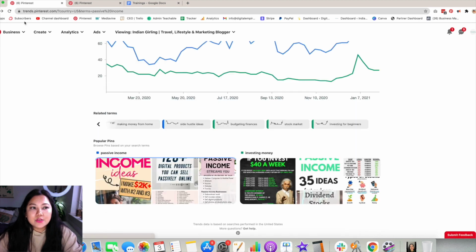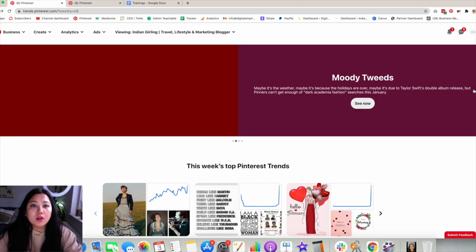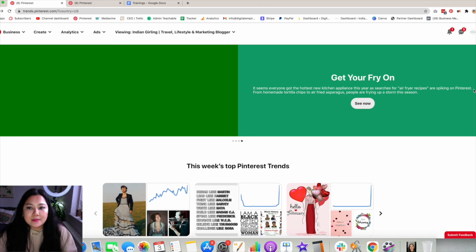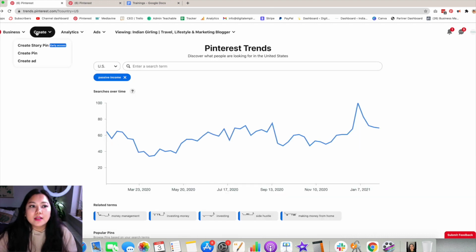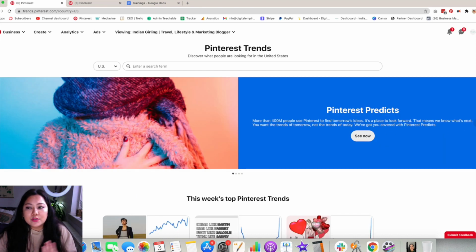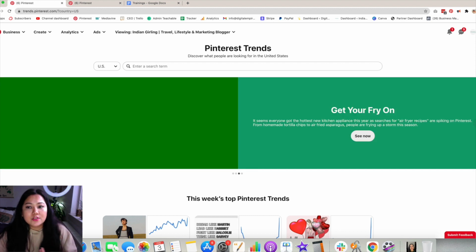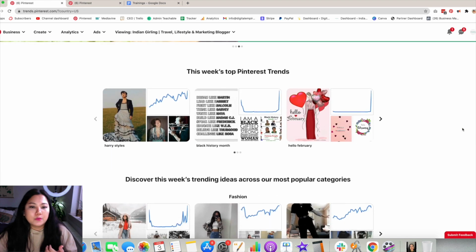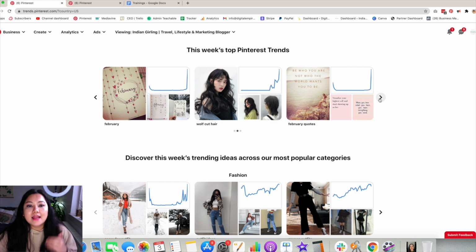Now, when you go back to the trends tool, what's really interesting as well is the fact that you can also see what are the ongoing trends on a weekly and on a monthly basis. So you can see what are people in a larger context searching for when it comes to Pinterest. So you can see there are trends around Pinterest Predicts, that is a news article from Pinterest. There are trends around Bridgerton, which is a Netflix show, not surprising, and then trends around food, etc. You can also look around and see what is trending that particular week, which is again an excellent way for you to understand what you should be focusing on or what you should be creating more content on.